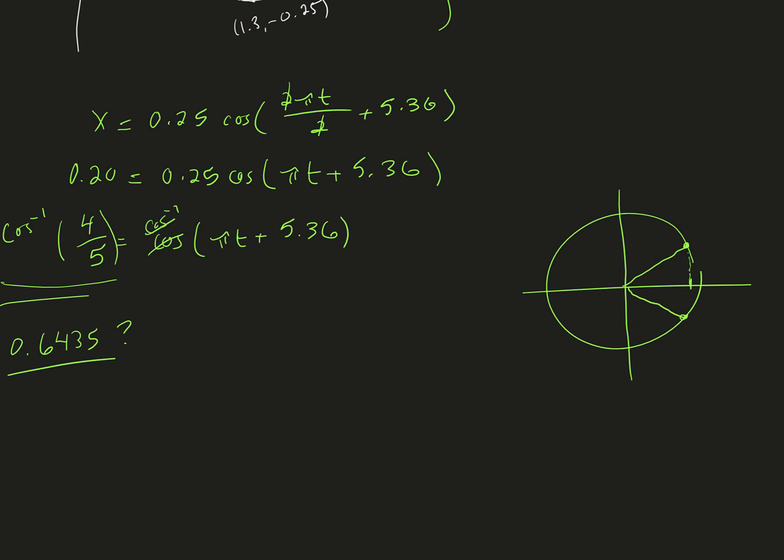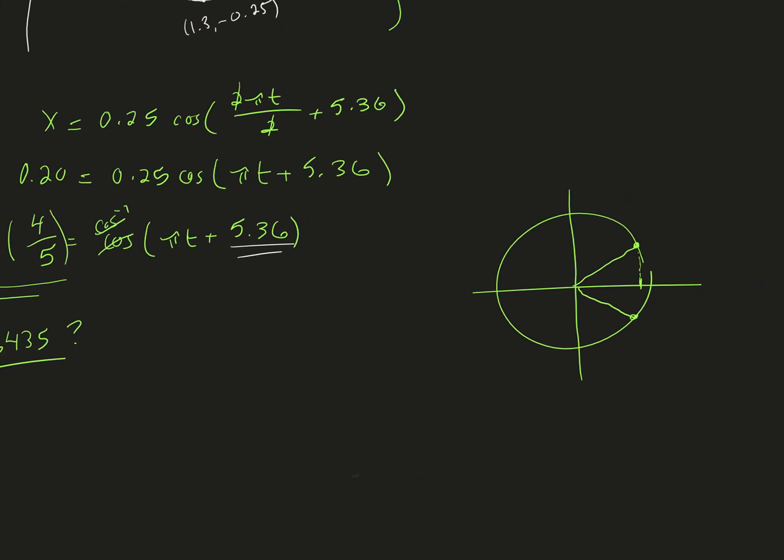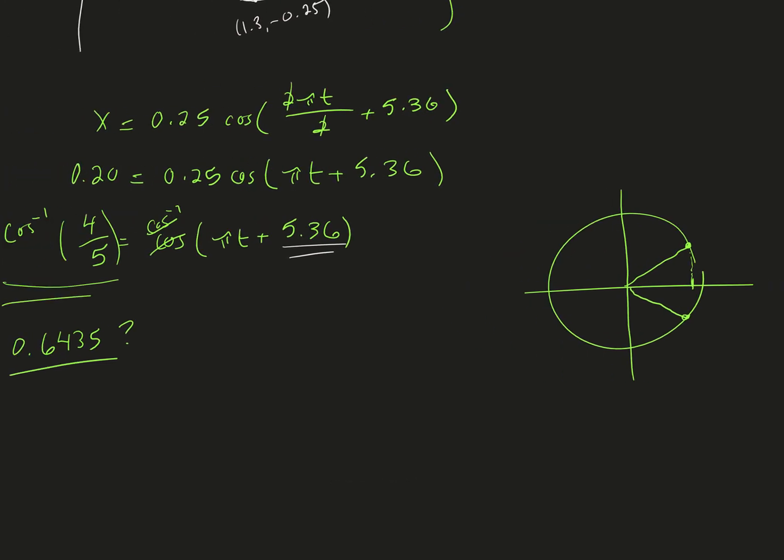Now here's what I have to consider. I have to consider my starting point, my phase constant, right? Where did I start? And then where are those two locations? Because I know that I want to find it the first time through. So 0.6435, I'm not actually going to use that value, because I started at 5.36, so I started here